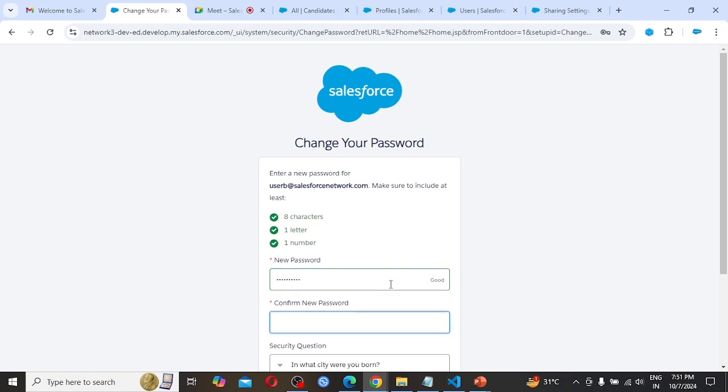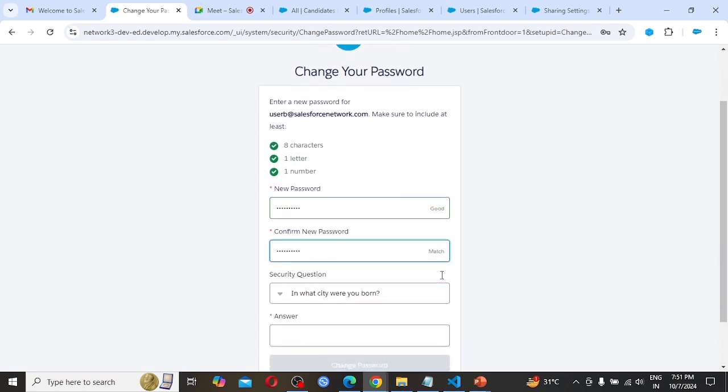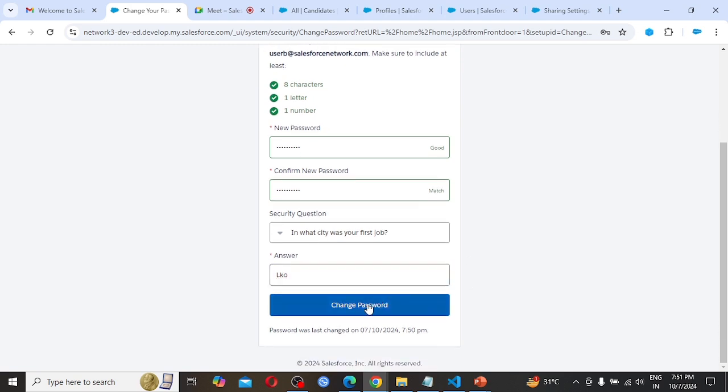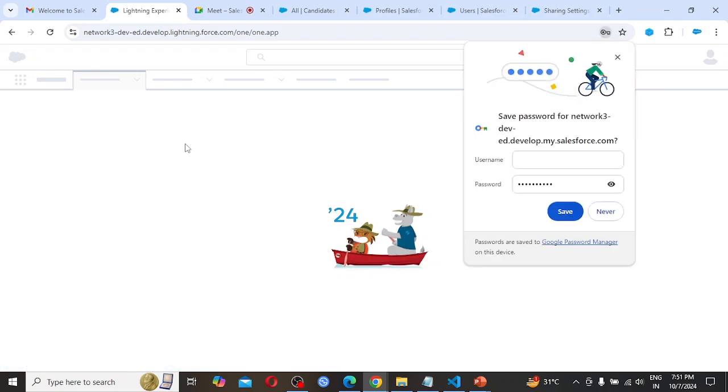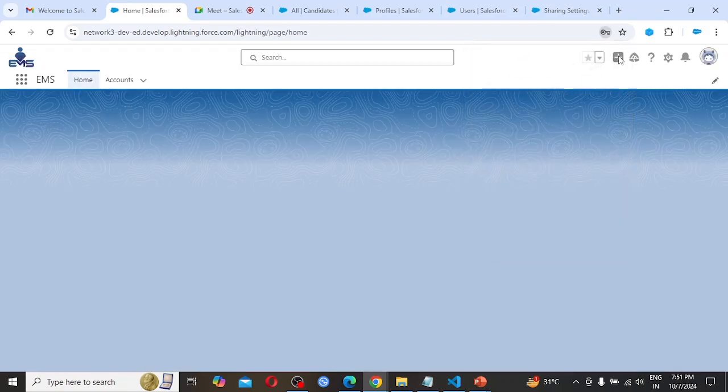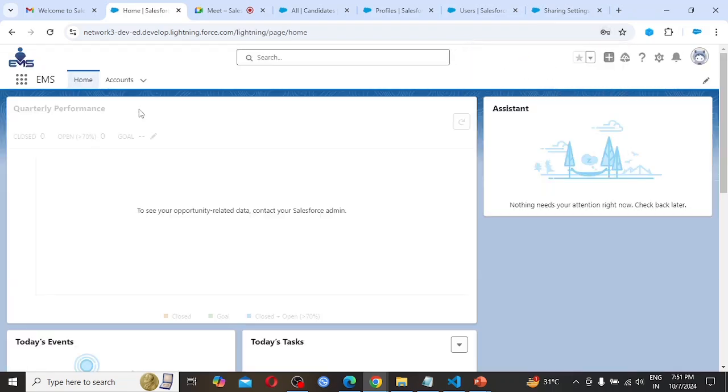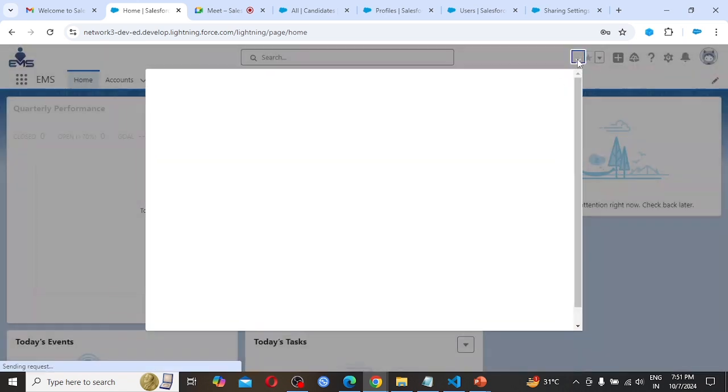We need to change the password and the security question, first job, fill the formalities, click on change password. So here I have logged in with the user B account.